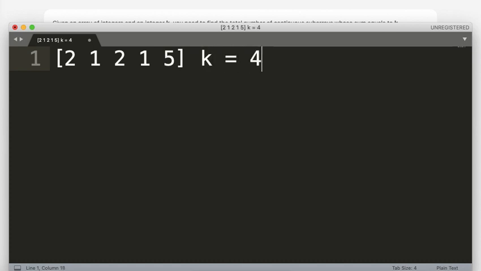Okay, I'll take k as 4. With two pointers, the first pointer is initialized to the first element, and the second one to i plus 1, j. So this is like a sliding window, and I'll have a sum of elements between i and j, which is 2 plus 1 is 3.